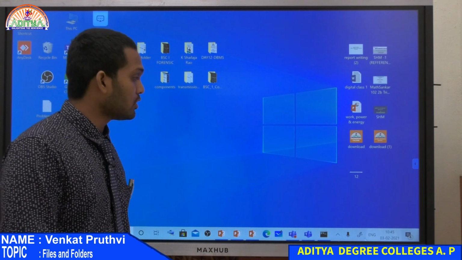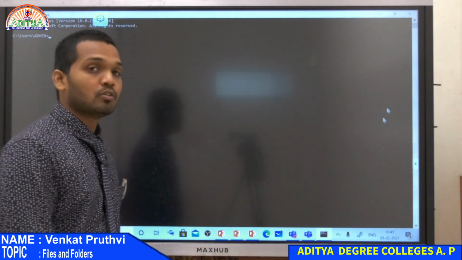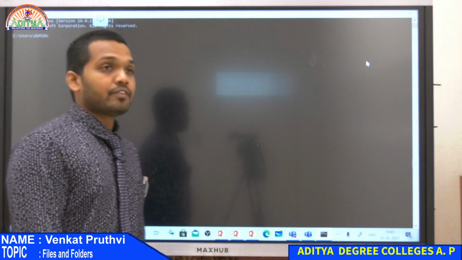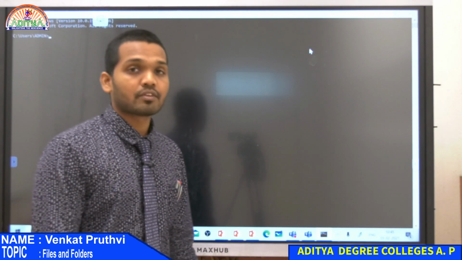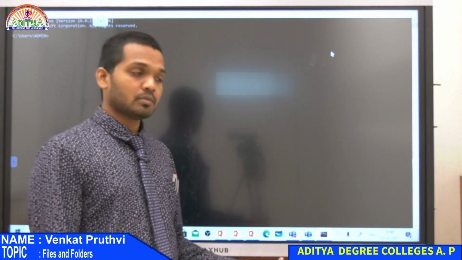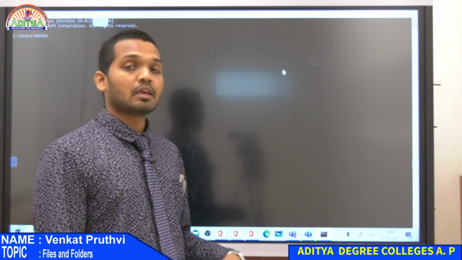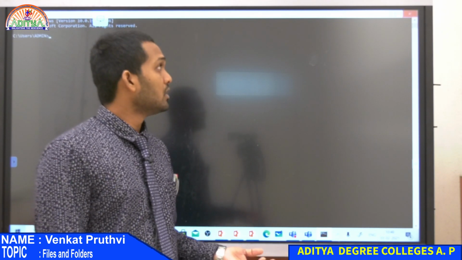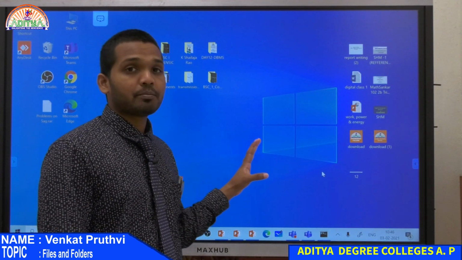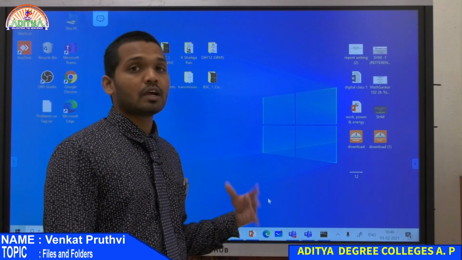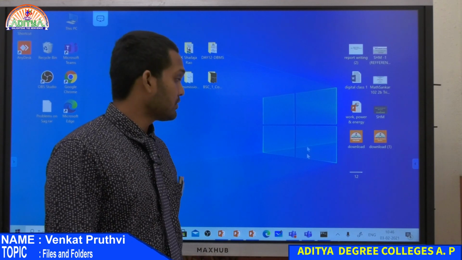But just imagine if you don't have this kind of graphical user interface, and whenever you are turning on your system, you are able to see only this screen. In the first generations, or in the previous computers, we only had such screens, and we didn't have any graphical user interface. After that, the companies who developed operating systems came up with this kind of graphical user interface, and it was not so developed previously. We only had the basic graphical user interface, and now we have evolved into such a graphical UI.